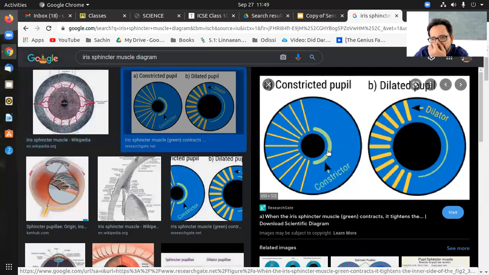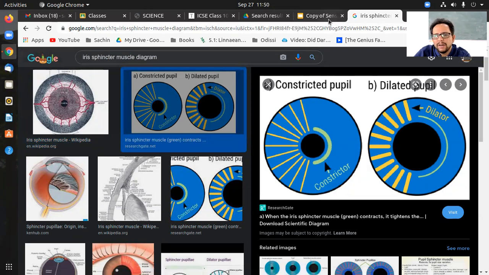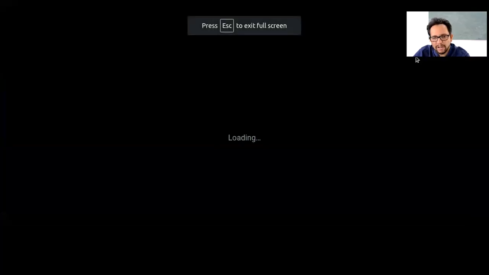But here I can explain to you. So you can just forget the diagram, just look at the structure. These yellow lines will be called radial muscles. So they are arranged along the radius. And if you extend this green line and make it a complete circle, that will be the circular muscle. So they are all present in a concentric circle, along with the radial muscle. So that's how the arrangement of this iris structure is, and it's a muscular structure.